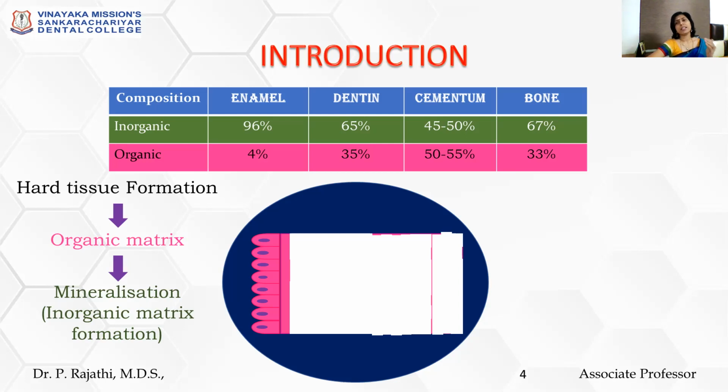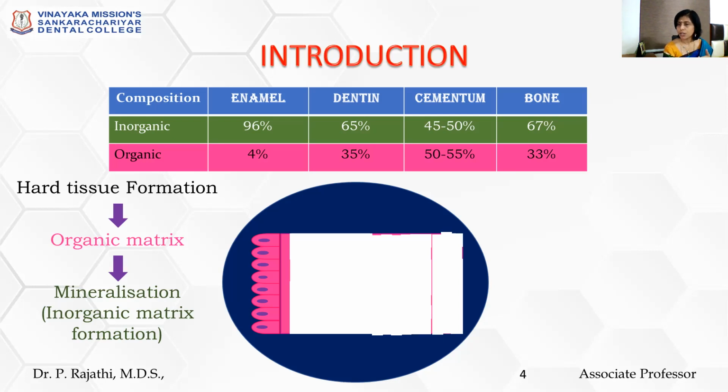So I said there is one other way of studying the hard tissue. The hard tissues are hard because of this inorganic matrix or the crystals that are deposited on the organic matrix. So the hard tissue is placed in a decalcifying solution. When you place the hard tissue in a decalcifying solution, the mineral content gets removed and the hard tissue becomes soft. Once it becomes soft, it can be processed normally, just like other soft tissues, and it can be stained with routine hematoxylin and eosin, and viewed under microscope. That we call a decalcified section.